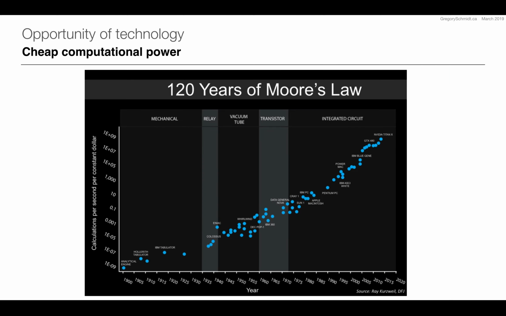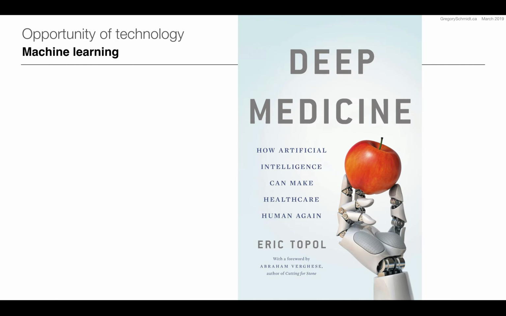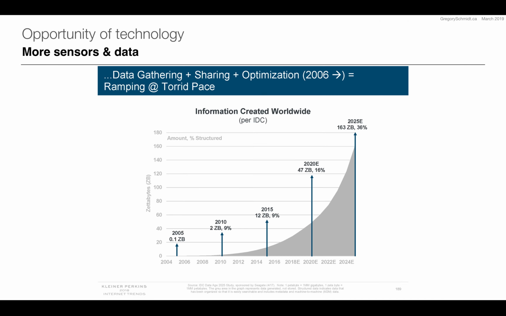We have the opportunity of cheap computational power, something which has been going on for over a century with Moore's law, and we've reached a place in the computational power combined with new analysis techniques where we have the opportunities of machine learning and the ability to potentially study large amounts of data and to derive actionable predictions from this data. In addition, we have more sensors, which are just going to flood the global market in the next 5 to 10 years, which will mean with it more data, which potentially means the ability to understand